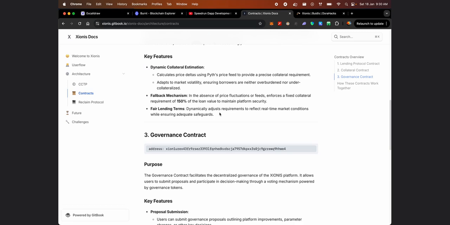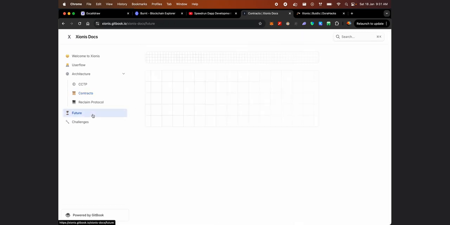The governance is not properly implemented yet, but we have written the contracts, and a little bit of the implementation is left. The working will be very simple: people who take a loan will get similar amounts of our governance token, and using that governance token they can simply vote on the proposals that other people have made. So now moving on to the future.